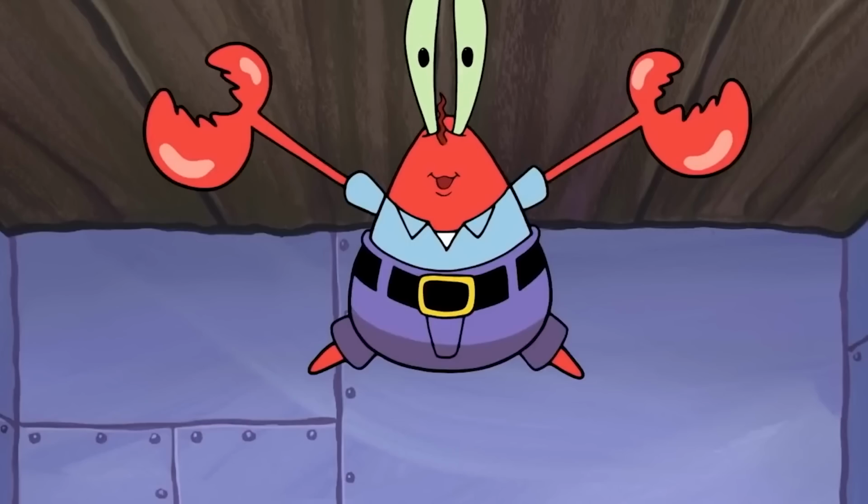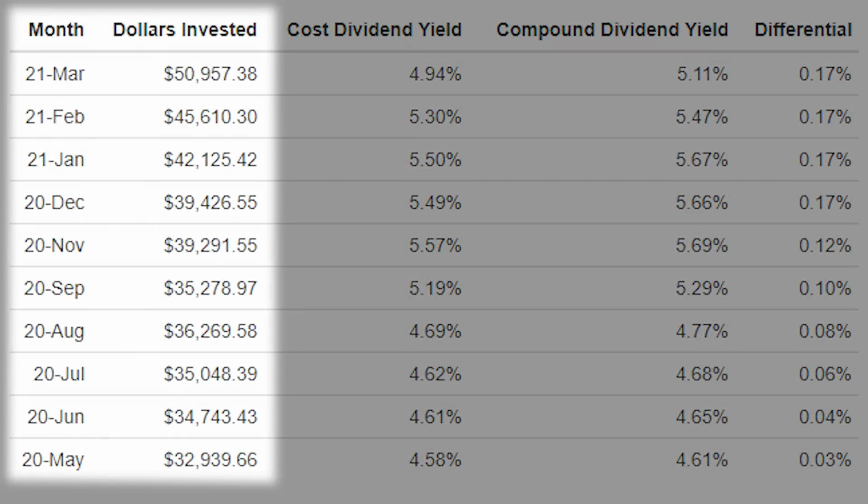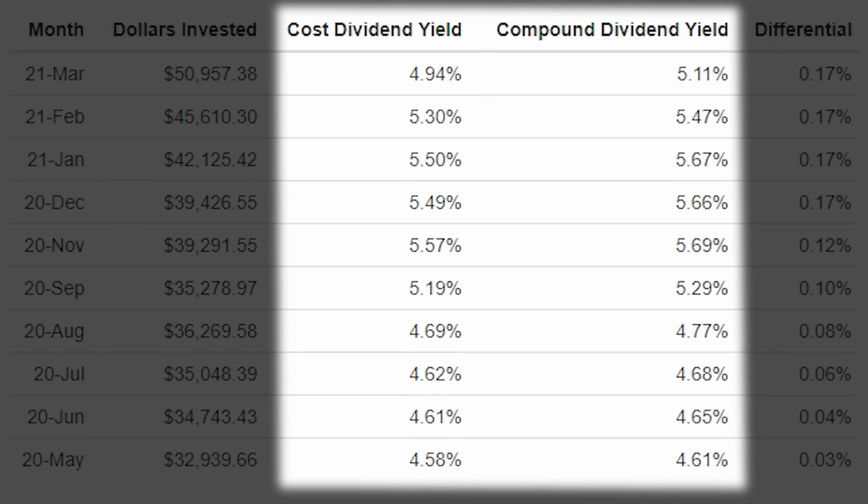With that said, let's dive into the numbers. Since May 2020, I've gone from $32,929 to $50,957 invested. My current dividend yield on cost is 4.94%, and my compounded yield, which takes in the effect of